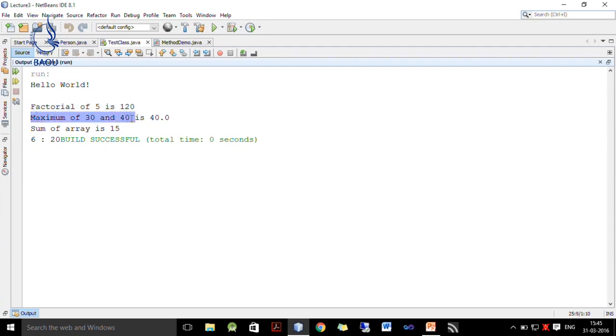Maximum of 30 and 40 is found by the max method, which takes n1 and n2 as arguments and returns the maximum of 2, and we get sum of array is 15, and this is the answer of T1 plus T2, which is 6 20, and how it comes we already discussed.